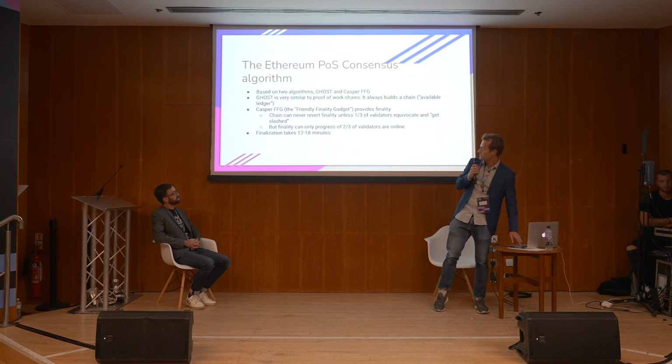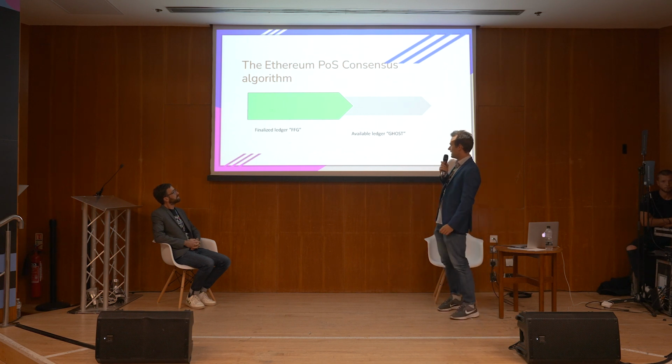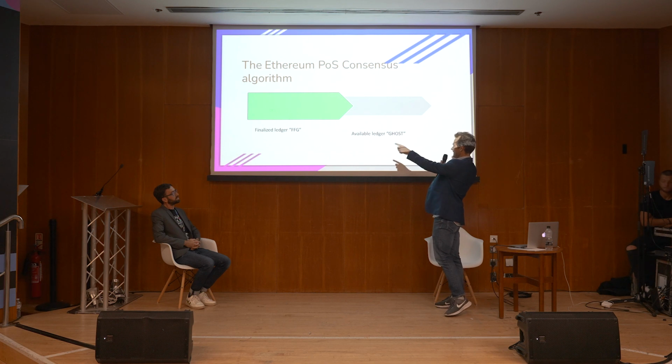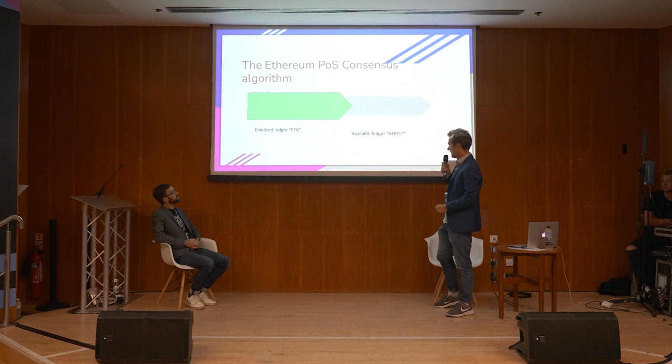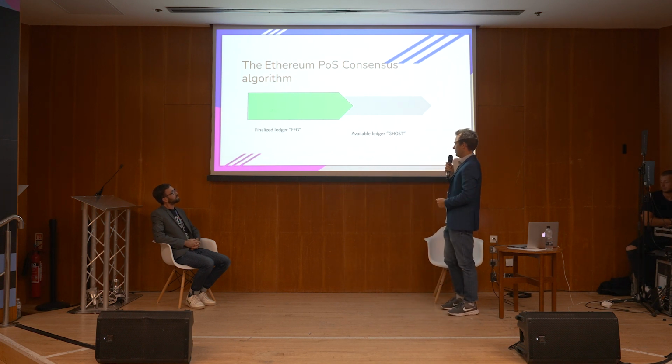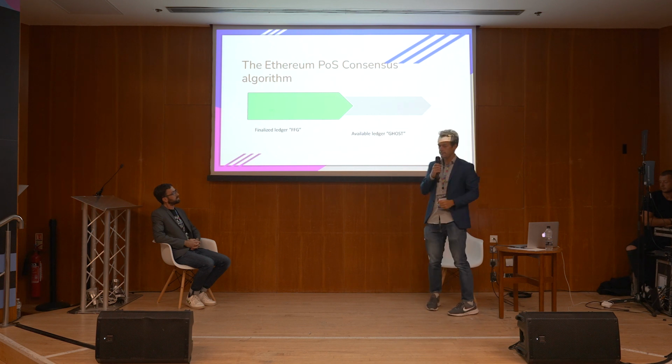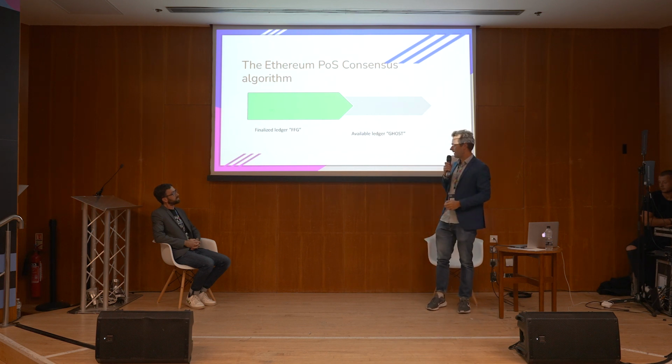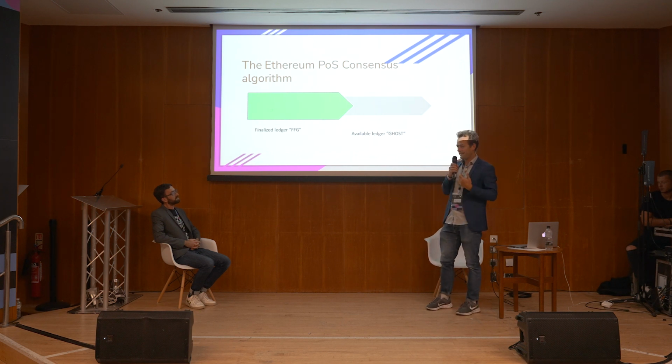And visible in the Ghost part of the chain. And here's how you can imagine this little picture. So basically you have this available ledger that's kind of racing ahead, that's built by the Ghost algorithm, and then behind that you have a finalized ledger that can never be reverted. So this is kind of special, and we're doing this for several reasons. One is obviously that it means that we can always progress even in very bad circumstances.